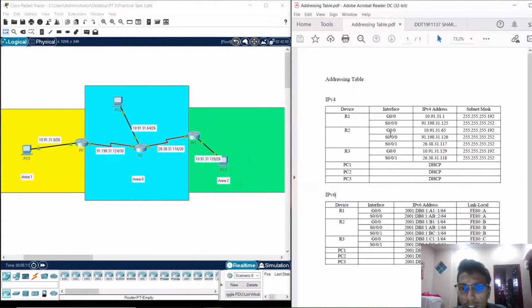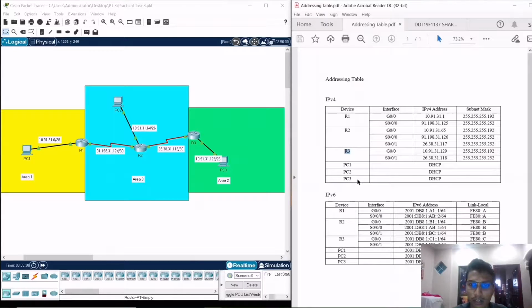Router 2 has three interfaces: gigabit 0/0, serial interface 0/0/0, and serial interface 0/0/1. And the last router, R3, has two interfaces like R1: gigabit 0/0 and serial interface